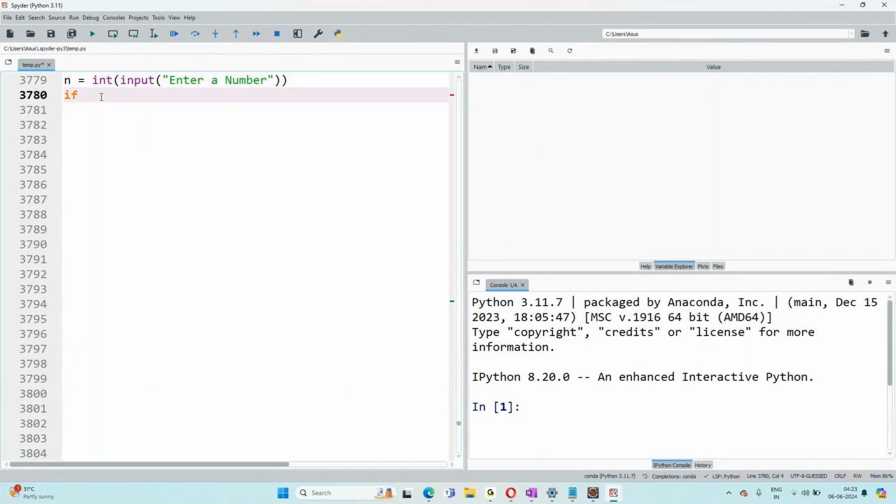So if n is divisible by 3, how can I check whether a number is divisible by 3? Divide that number and get the remainder. If the remainder of that expression is 0,